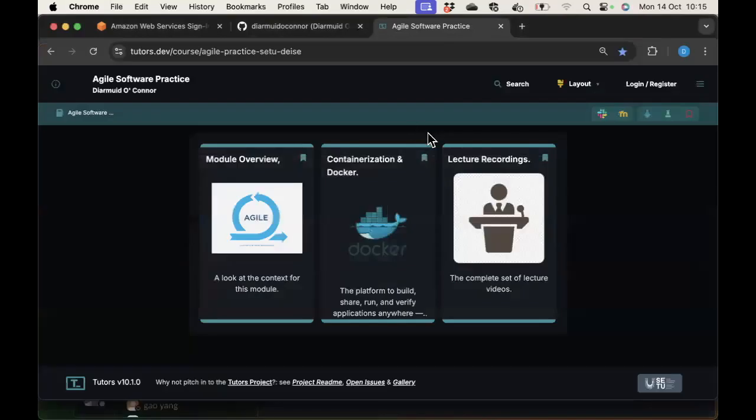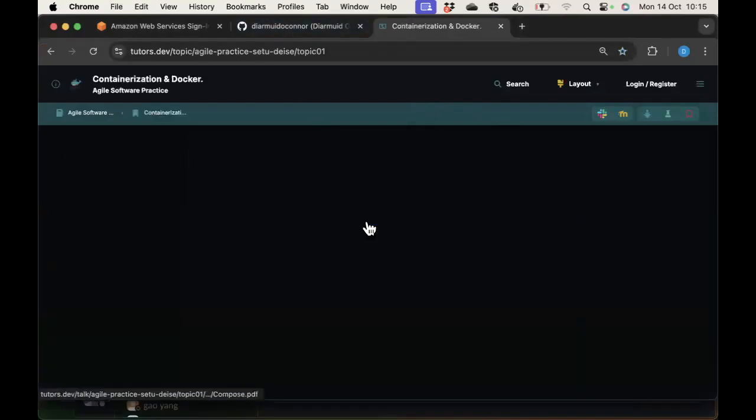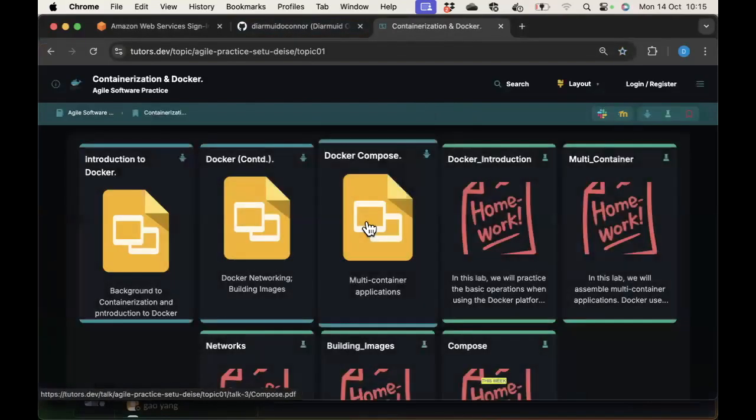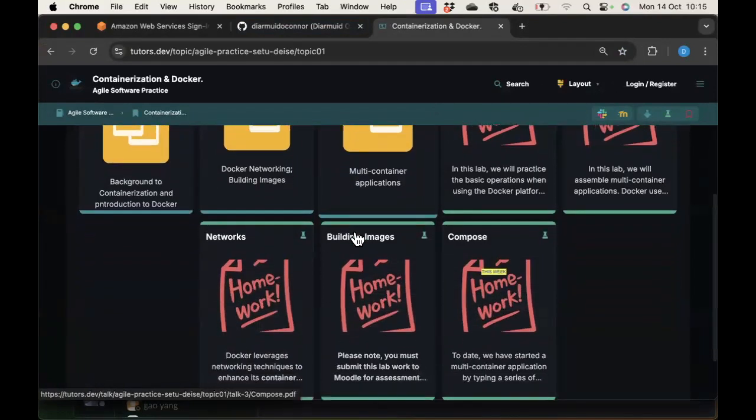Now, we're still on Docker. Actually, this will be the last week we'll be discussing Docker. But before I get into the new stuff, which is Docker Compose, I want to go back to last week's lab